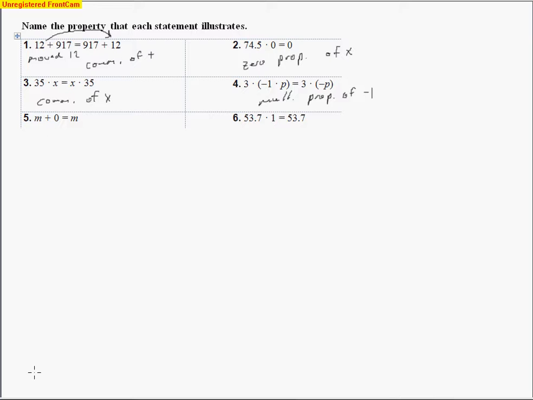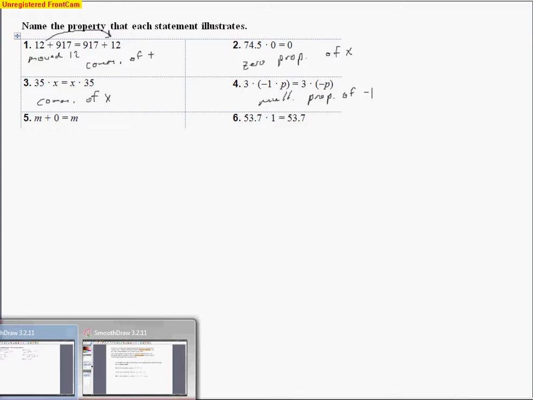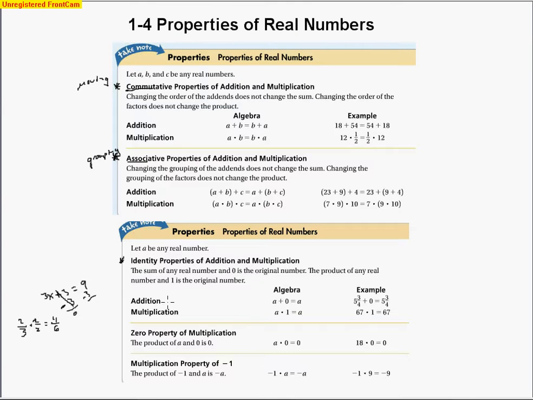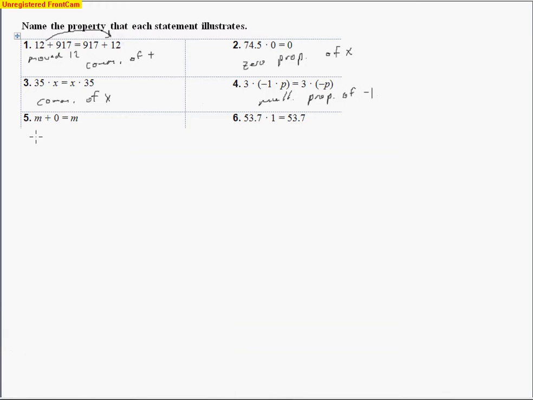So again, looking back here, we can see that we are adding a number to 0, and we get that same number. So it's the identity property of addition. And looking at this next one, here we're multiplying a number, 53 7/10 by 1, and we get